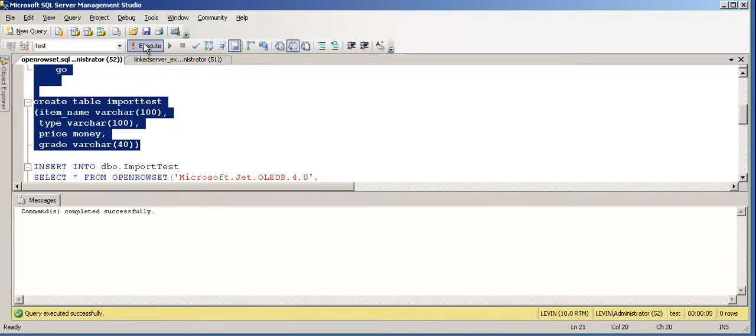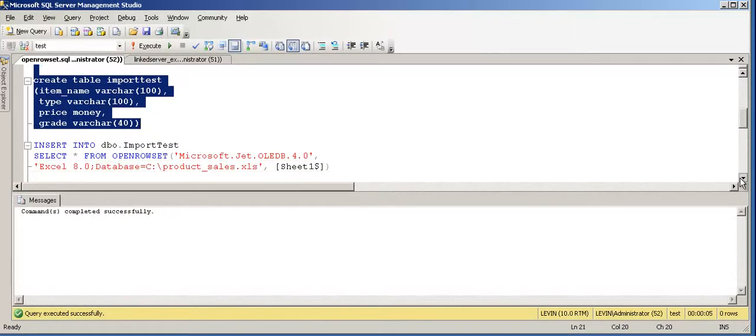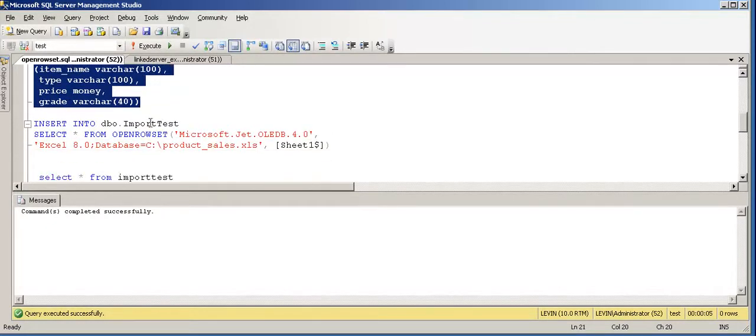Now I am going to execute the query below. This OPENROWSET statement says insert into dbo.ImportTest, that is the table we just created, select from OPENROWSET, then this is the Microsoft OLEDB provider for Excel database. This is the location where this file exists.